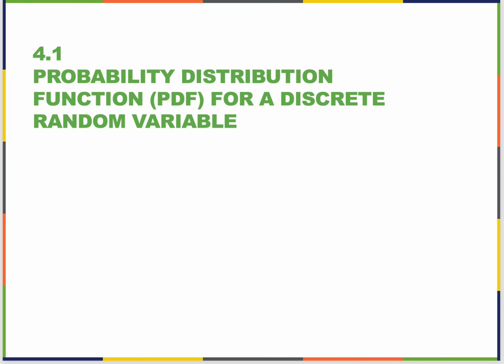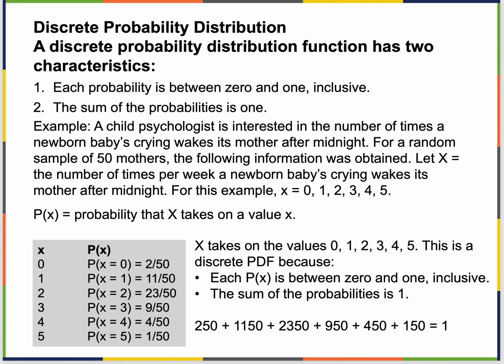So the first thing we have to talk about is a probability distribution function for a discrete random variable. I will often refer to this PDF, probability distribution function, as a probability density function. They're interchangeable. Associated with it is a cumulative distribution function or cumulative density function. And I will probably refer to it with the word density most of the time. So not unlike our